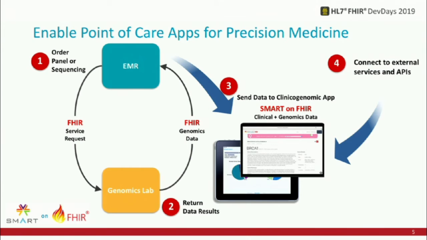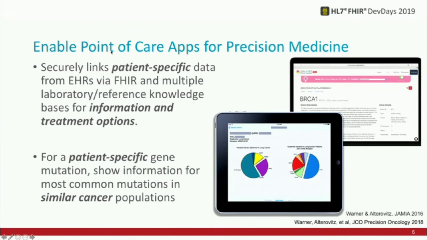And of note, the Smart on FHIR specification here was developed out of Boston Children's a few years ago. And sort of applying it to these low-hanging genomic fruit was one of the first things that we did with it. Just to look briefly at those 2 apps that are mentioned there, the top one on the right is